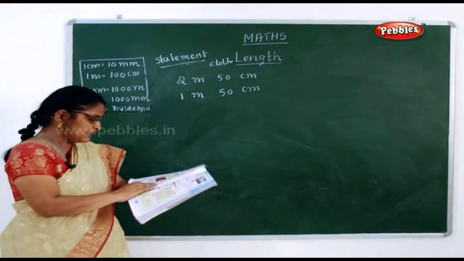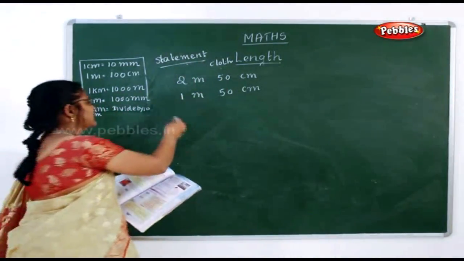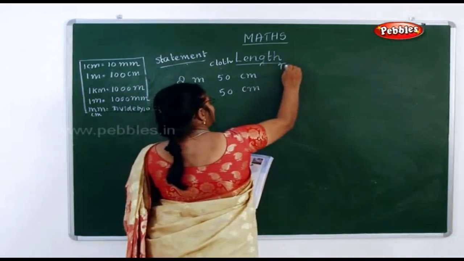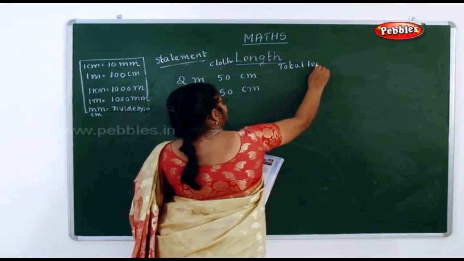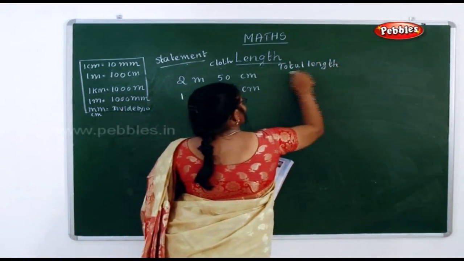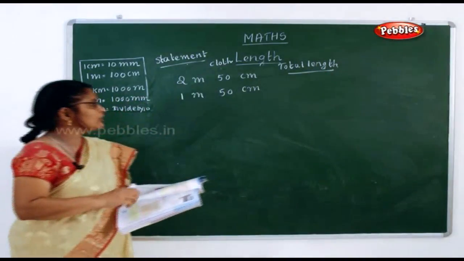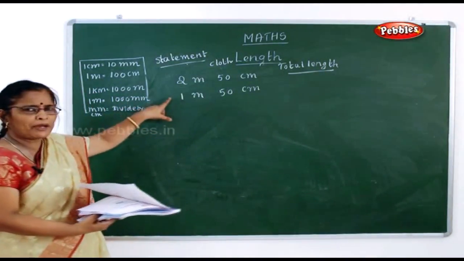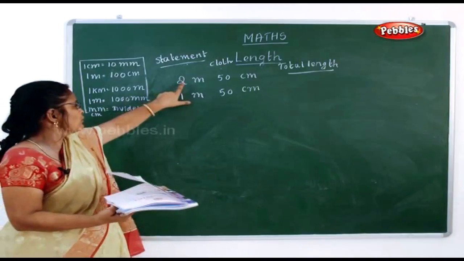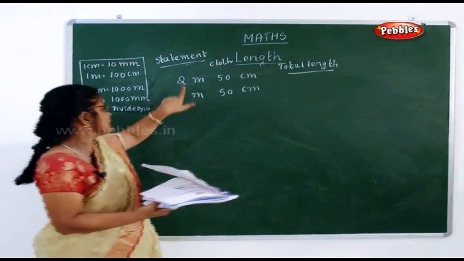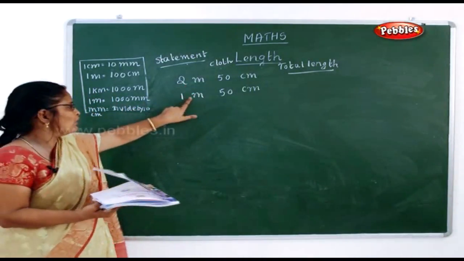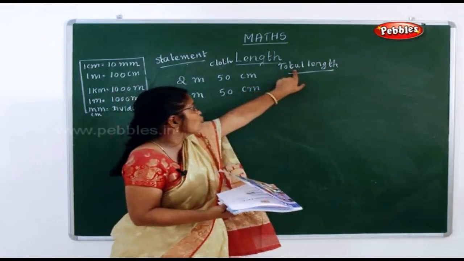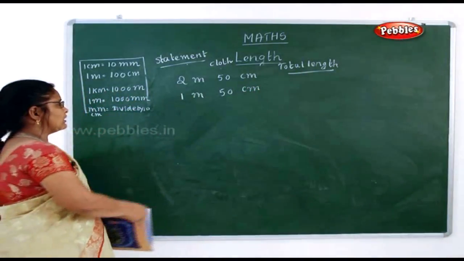Now what is the question they have given? What is the total length? So what is the question here? Total length of cloth he bought. Because totally they have to pay the money. Am I right or not? Because together, this one he bought for himself and this one he bought for Gopal. Now what do you have to do? They have asked the question, total length. Now what will you do for total length?